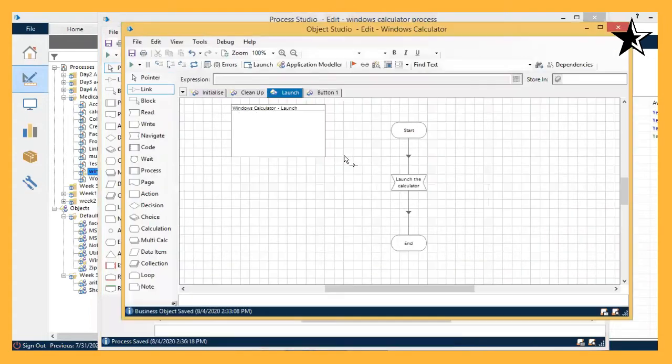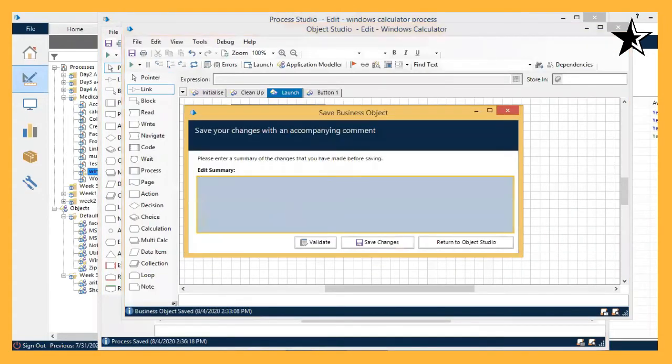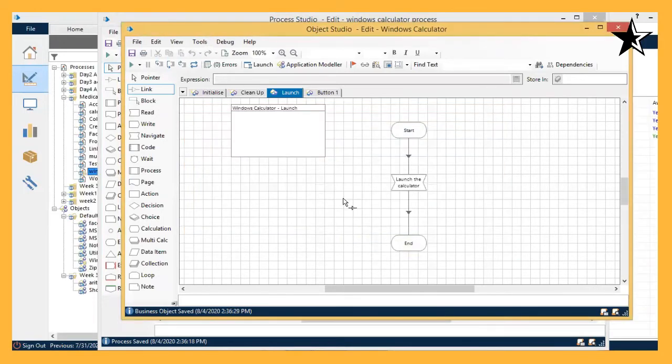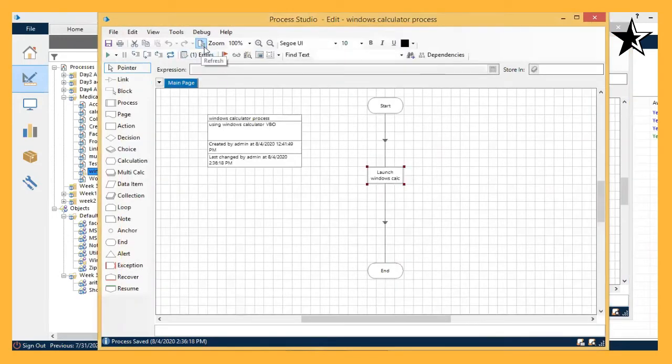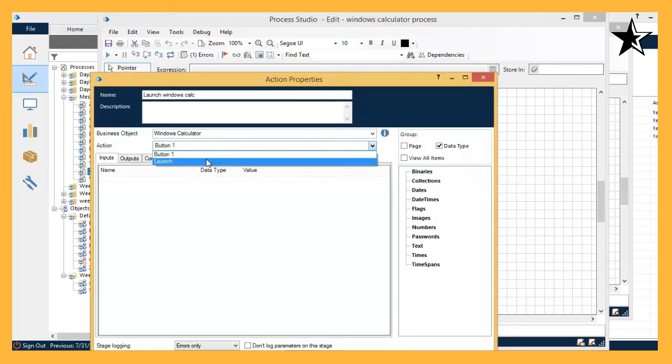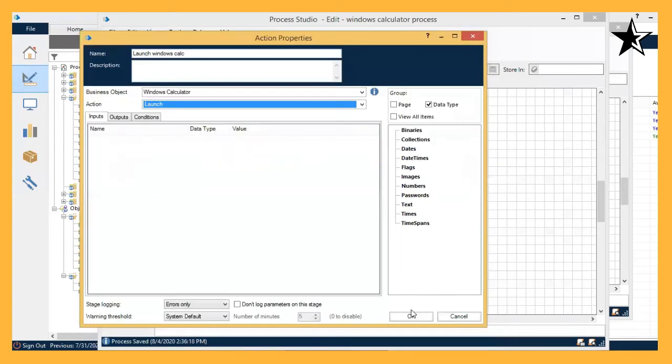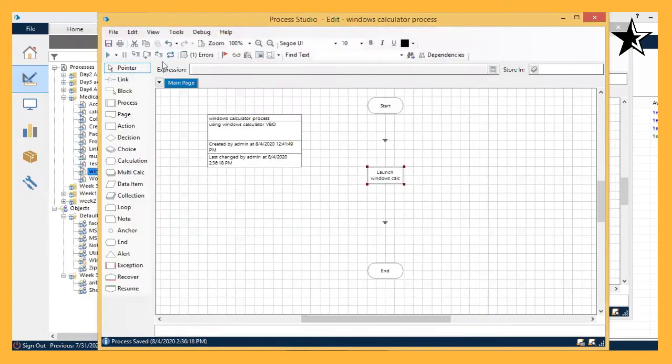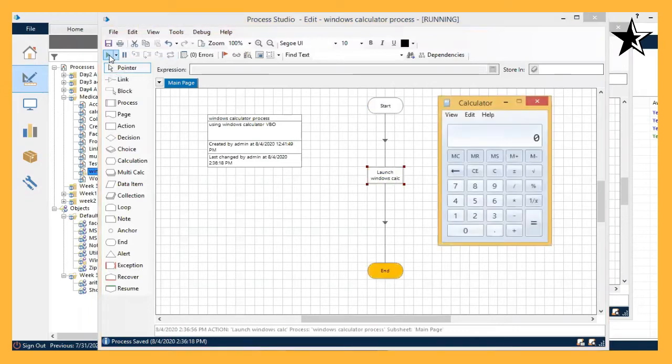Object Studio, Control S. Studio, we're going to refresh. Now you can see two actions are available. One is launch. I'm using the launch action. Okay. And just press go button and the application is launched.